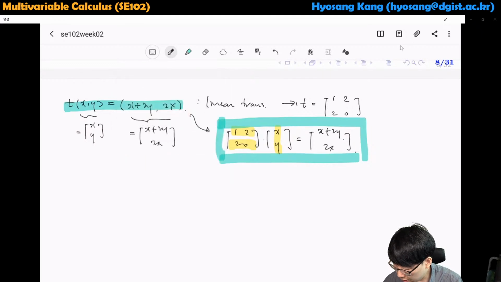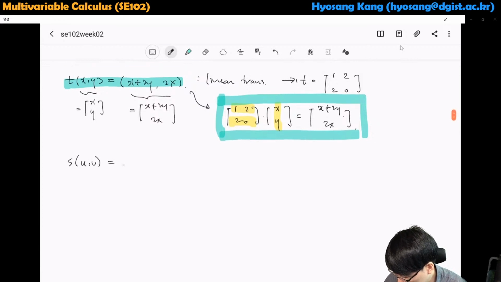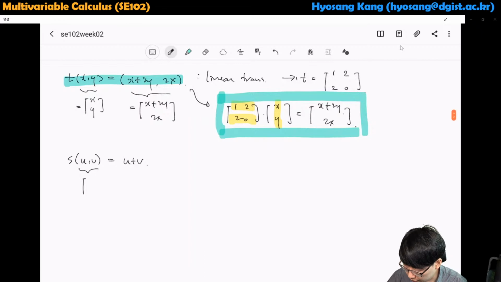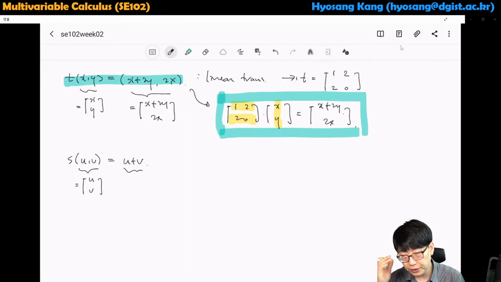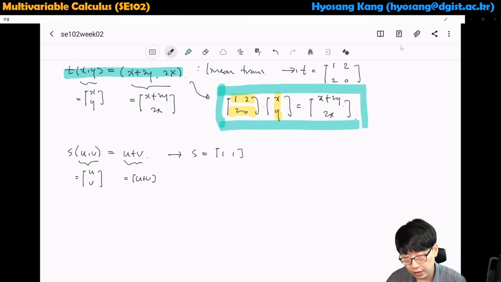And let's see another example. Let's say S is sending (u, v) to u plus v. Now, (u, v) can be written as a two-dimensional vector, and this u plus v is a scalar number, but you can also represent this as a one-dimensional vector. So by the same method, you can represent your S as a 1-by-2 matrix like this,